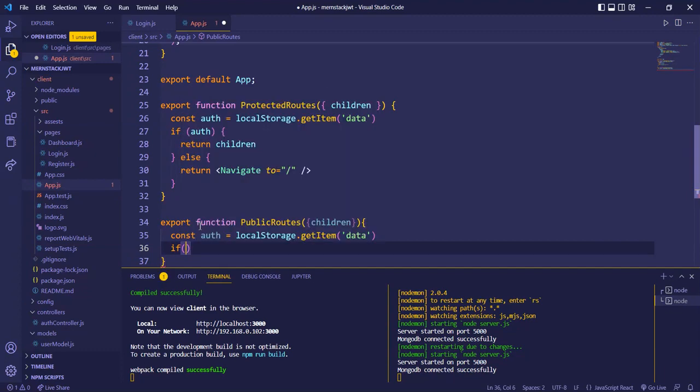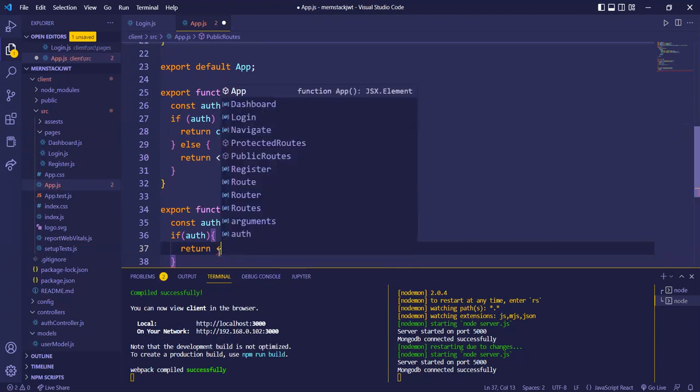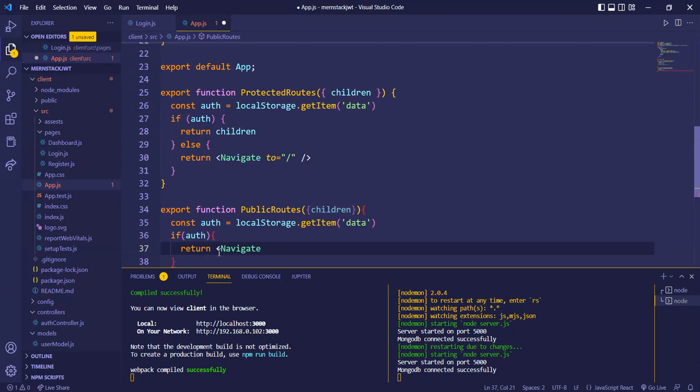If this auth is present, that means the user is already logged in. So if the user is already logged in, then we need to redirect the user to the dashboard or home page. So navigate to home page,